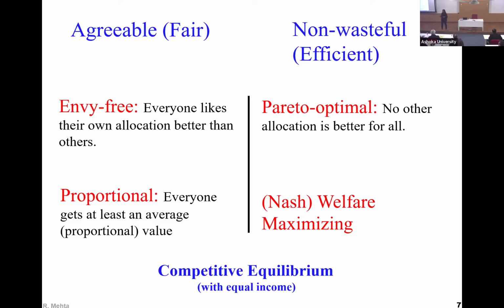It means that every agent i has a value for the entire bundle of items, right? If it gets everything. The final allocation should be such that it is at least 1/n. If there are n agents, there should be at least 1/n of its value for the entire bundle. So at least the average value it should get. So not knowing anything, suppose I am one of the persons, not knowing anything about other people's preferences, it might be that all of us value everything similarly. Then I cannot hope to get more than 1/n of the fraction of my value.